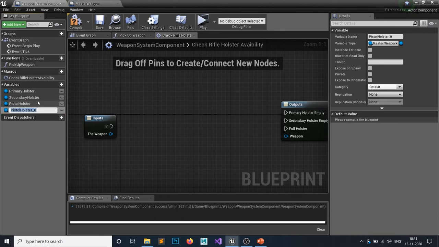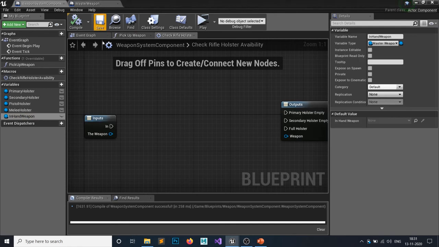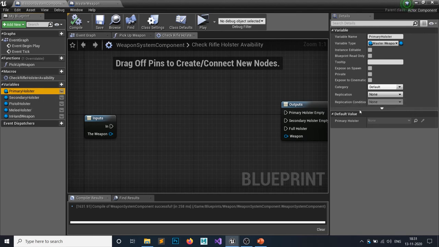Then what we need, a melee holster. And then 1, 2, 3, 4, and the fifth one is an in hand weapon. So what is currently the weapon we have in hand? This variable would be empty, or let's say none, if we don't have any weapon in our primary holster, or else it will be the weapon we are interacting with.